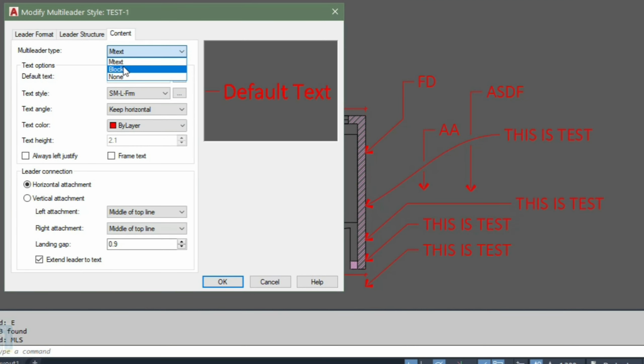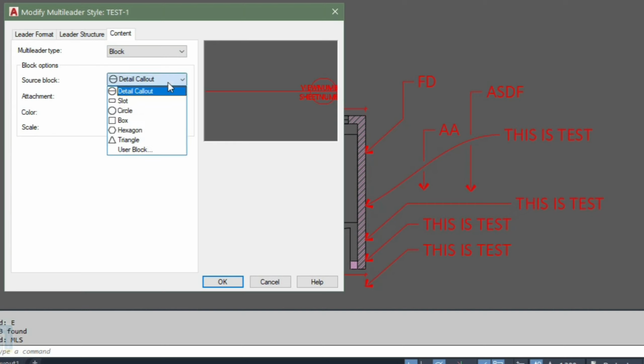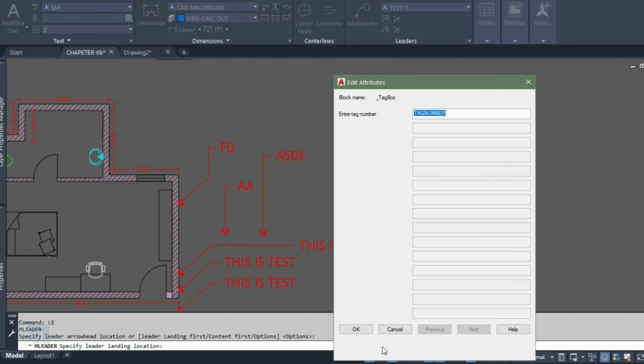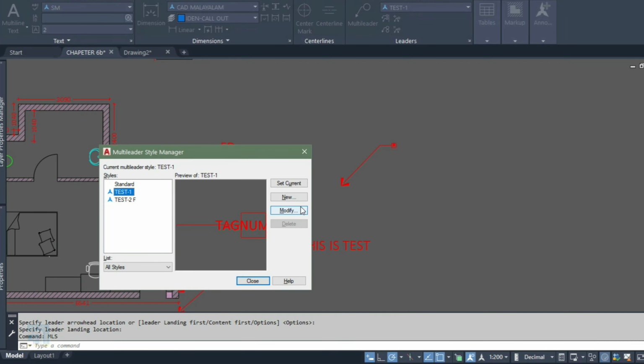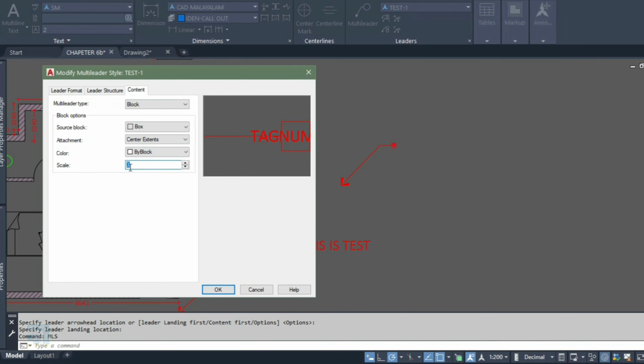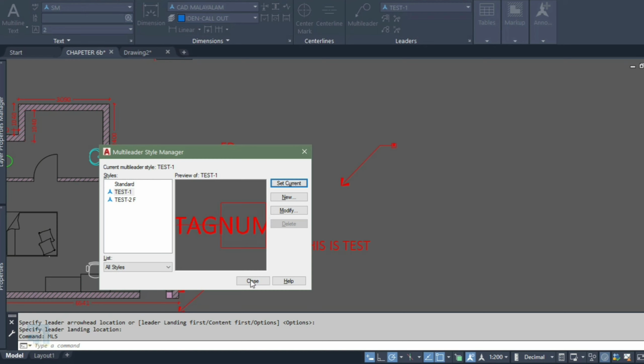The content tab. For the leader type, what type do you have to use? If you are using the block, you can have these types of options. We can try one more. The scale we have to adjust here.